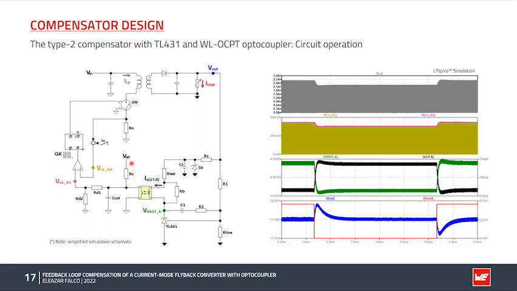That will cause higher voltage drop across this resistor, which in turn will result in a lower collector emitter voltage, since VDD is fixed, is a DC voltage in this case. And we can see how, as we mentioned in the previous slide, the collector emitter voltage corresponds to the compensator output voltage, and we see how it effectively decreases,